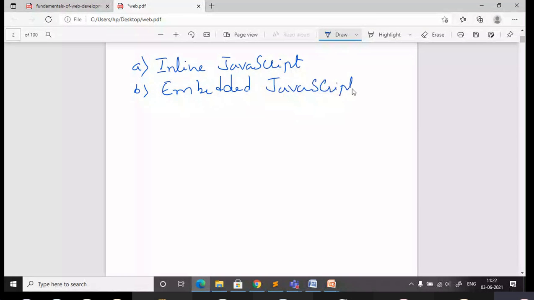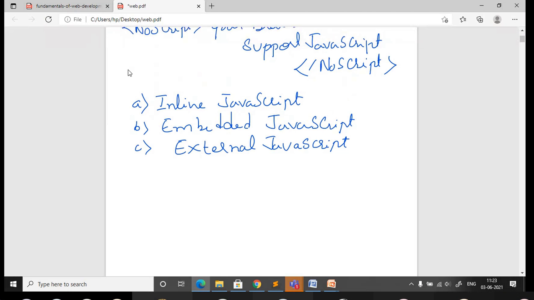Yes, put the answers in the chat box. Write the answers. Are you able to? Yes, somebody answered. I want everybody to respond. Out of these three, which is the best method to use for JavaScript? Is it inline, embedded, or external? Three types. What about others?